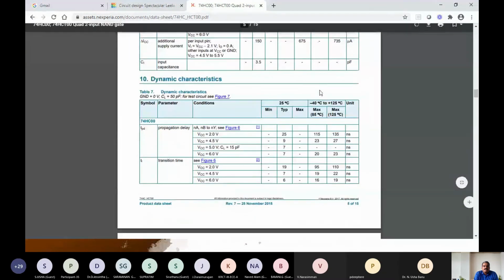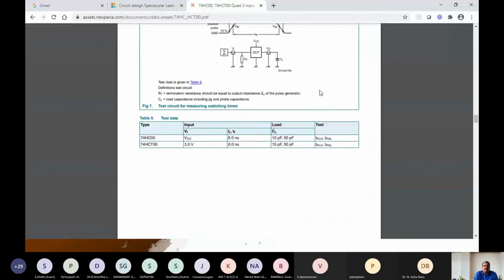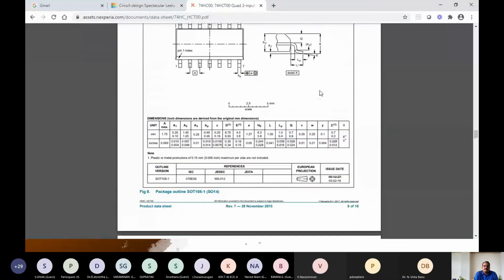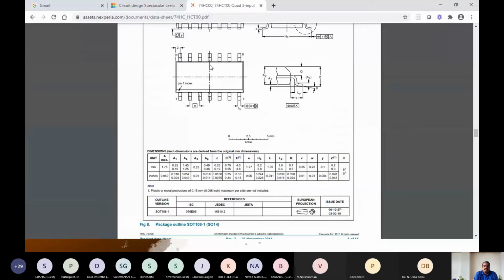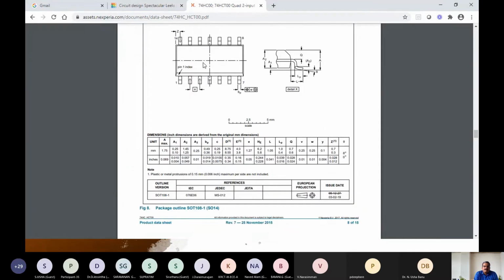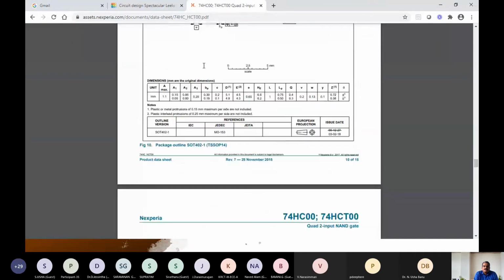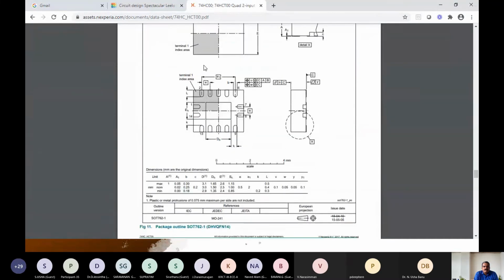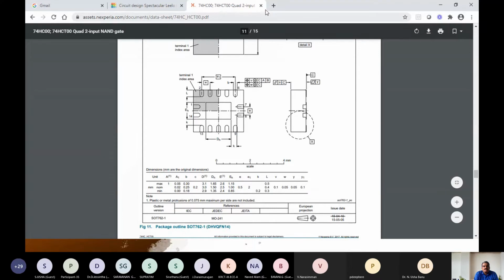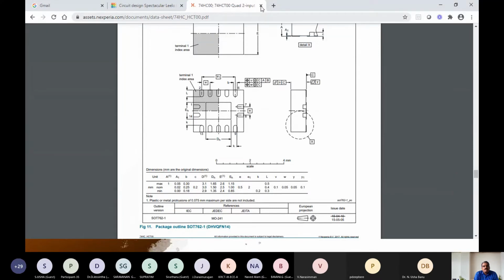So they have given all the electrical characteristics, dynamic characteristics, right? The pinout details, as well as the length and width between each of the pins, right? So you can always inform the students to take care of this.